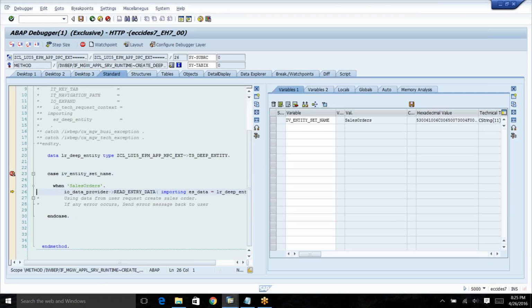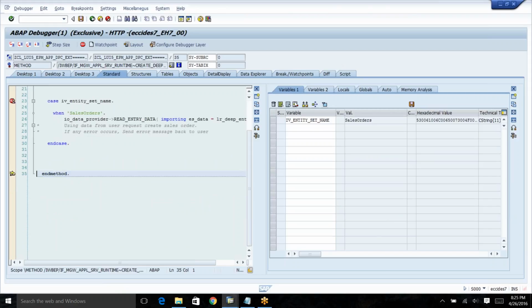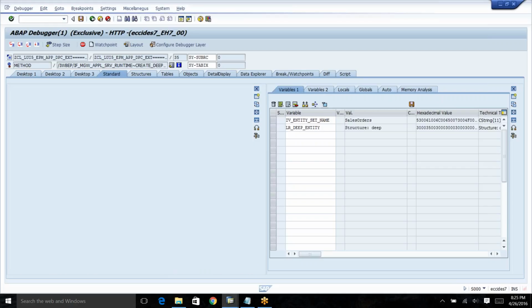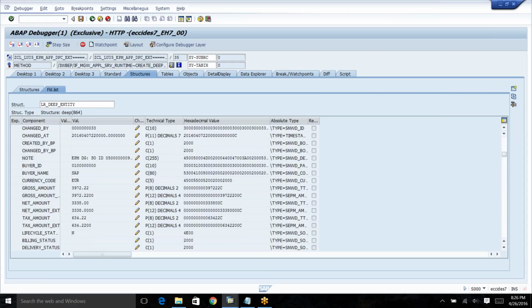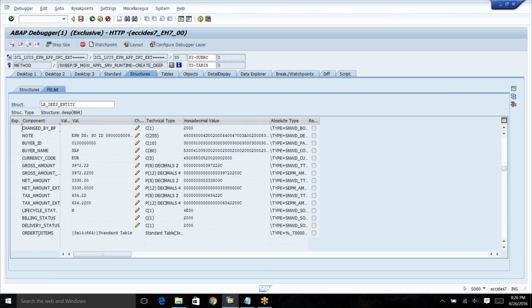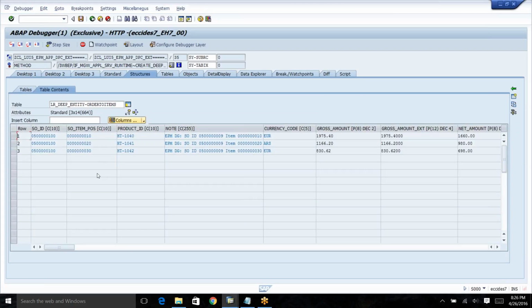Since it is sales order, I'm going to read the data into LR underscore deep entity. So let's see what the data is. If you look at the data, we see all the sales order properties that we have passed. At the end of it, we see order to items, which is of type table. If you double click on the order to items,